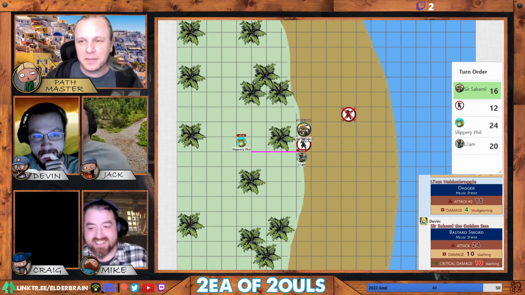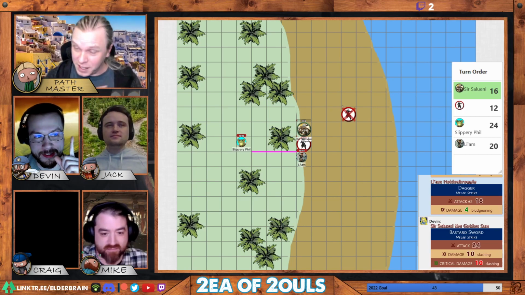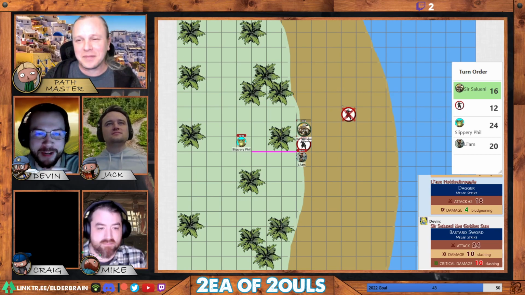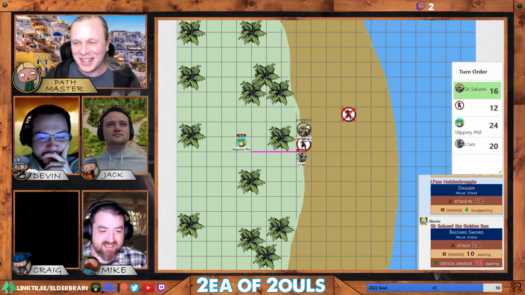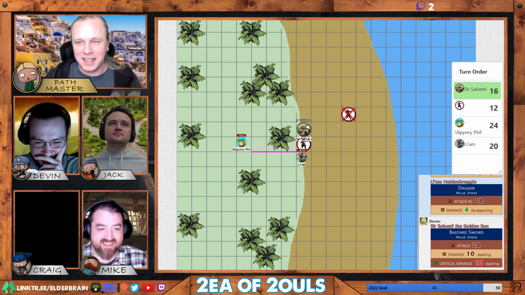Well, now it's his turn. If I hit him again, though, he's used his reaction and he'll just go down. Correct. So all I've got to do is hit him again. Should I? I'm going to punch him in the... No. No, Sir Sal is kind and forgiving, but not that kind and forgiving. Yeah, this guy's been brutalizing you, so...